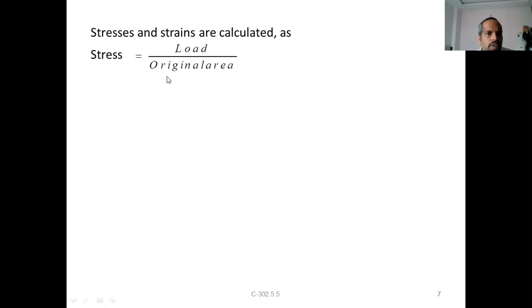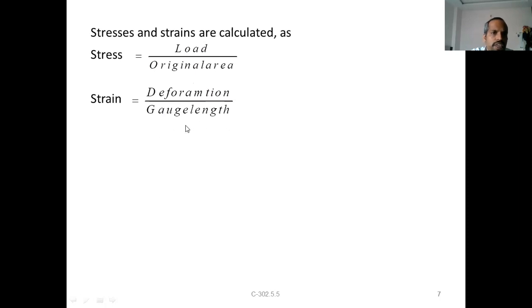So for calculation from the initial point of view, stress is equal to load by original area, right? Where you have to take the necking area, I will discuss that later. Next, strain is equal to change in length by original length. Original length is nothing but the gauge length. How much gauge length we have taken, that we have to use. To get the gauge length, there are some equations as per the IS formula based on the diameter. When the diameter increases, the gauge length also increases. How much we have to take is a ratio, which will be there in the testing procedures.